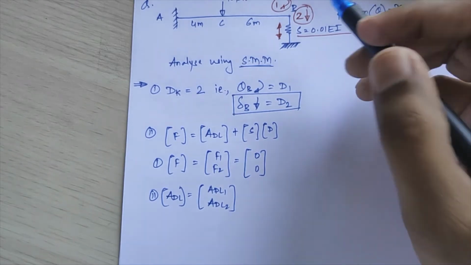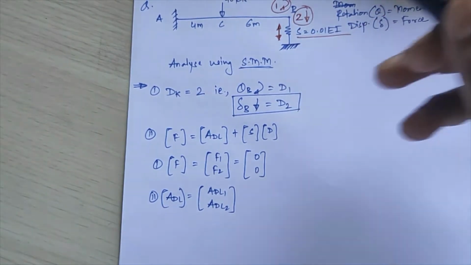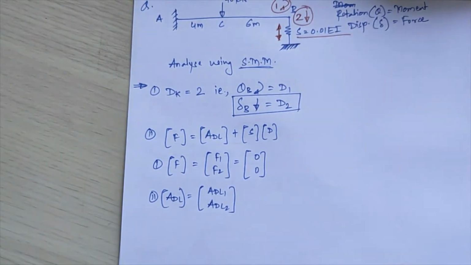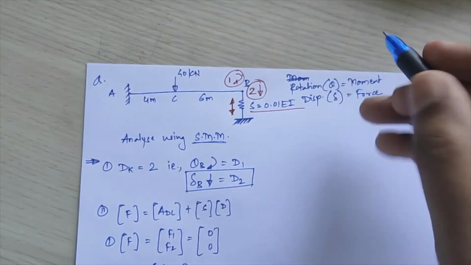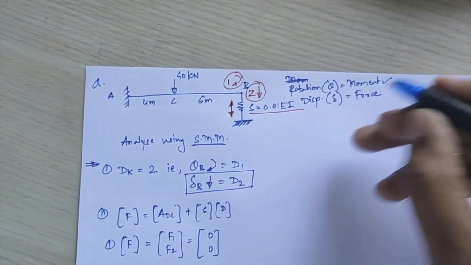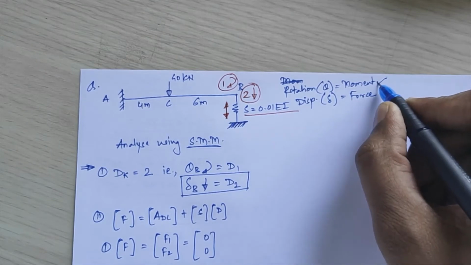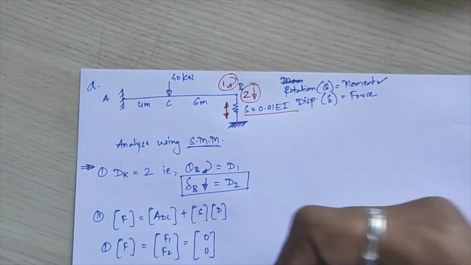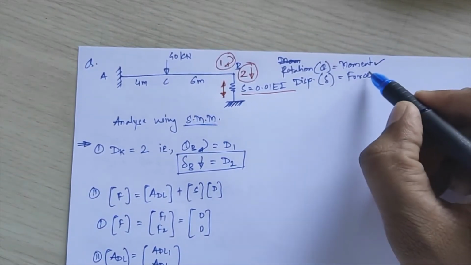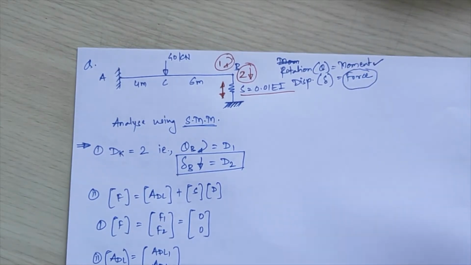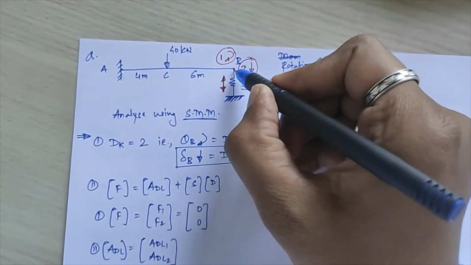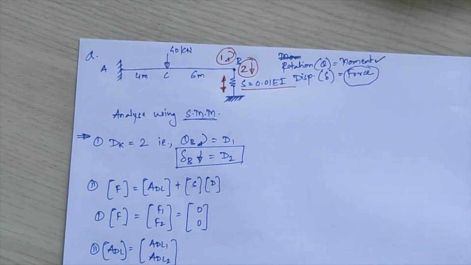Okay, so what you have to do, you have to calculate the fixed moments for this, but those will be in terms of moment values. So that will be useful for this first point, that is if theta is the redundant, so you need to calculate the moment. But the fixed moments we calculate will not come into effect for this force. So for that, you need to calculate the reaction at this point.